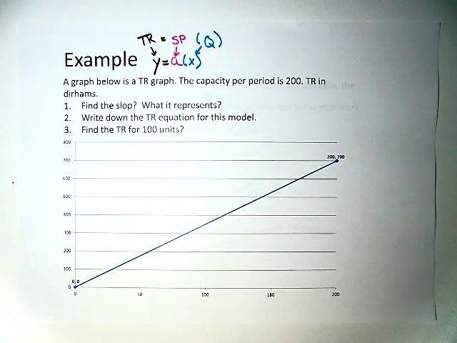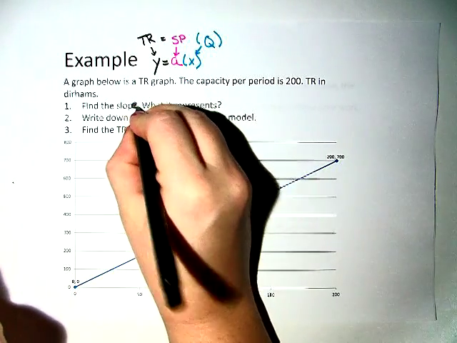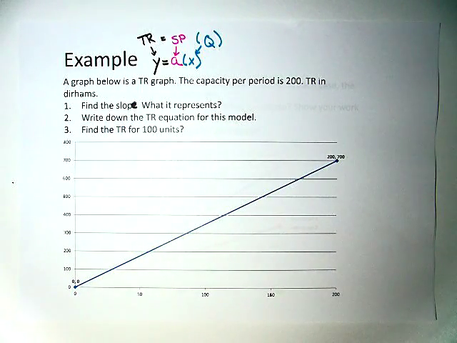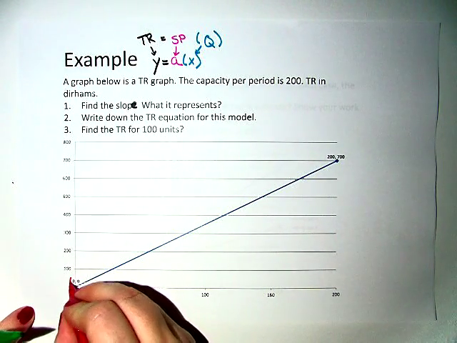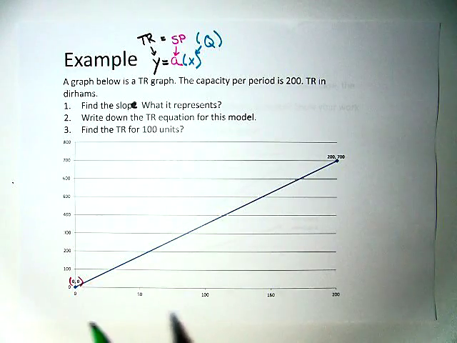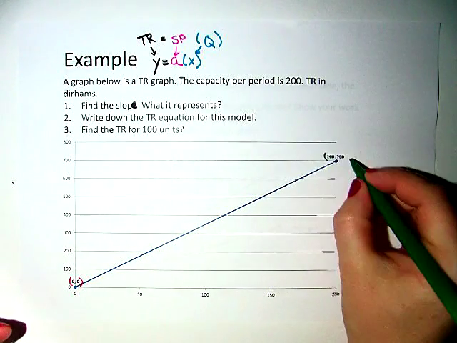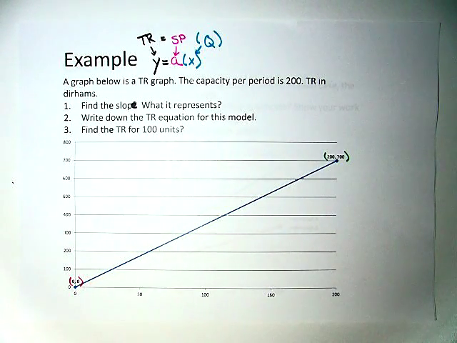So find the slope. What does it represent? Okay, well, in order to do that, we're going to do our slope equation. We have the starting value, which is always 0, 0. And the final value, in this case, is 200, 700. So to find the slope, we need to do